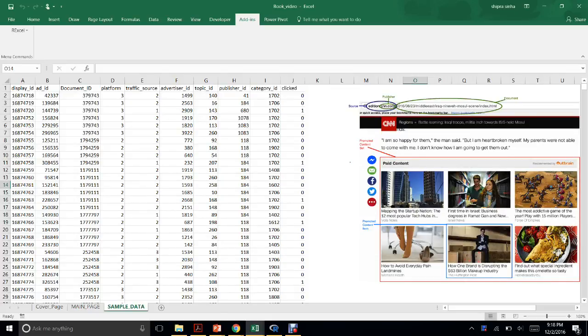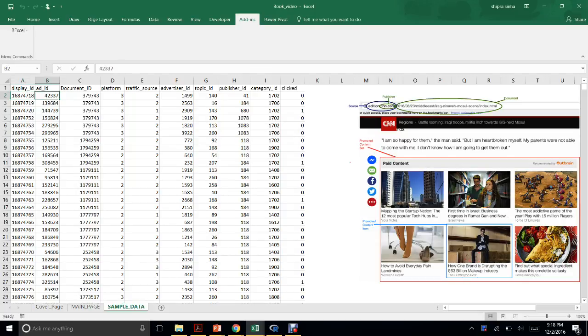Since this project is for predicting the click or no click by a user for a particular ad, the attributes are the browsing behavior of a user and the ad features. Display ID is the ID of a collection of ads which is given to a particular user according to their browsing behavior.